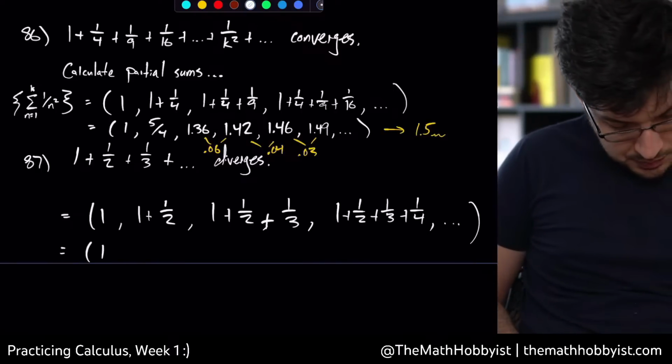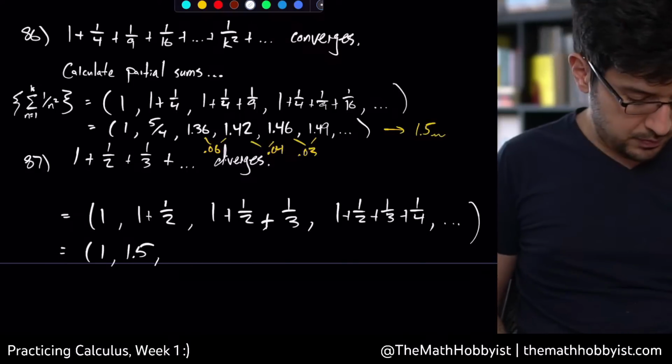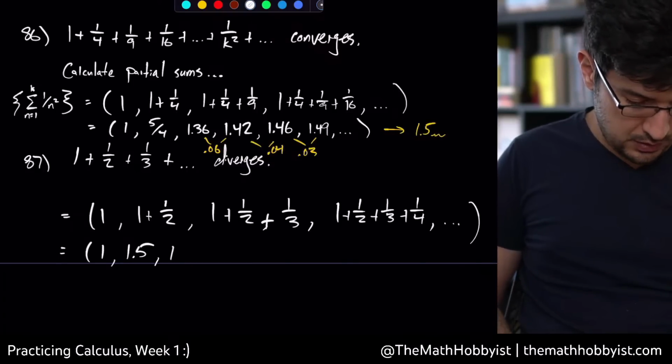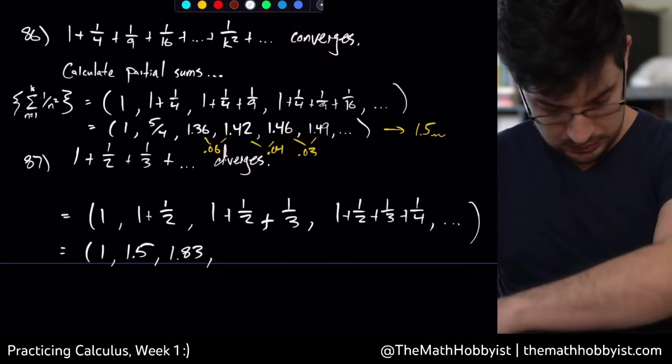So this is going to be 1, 1.5, 1.83, and then